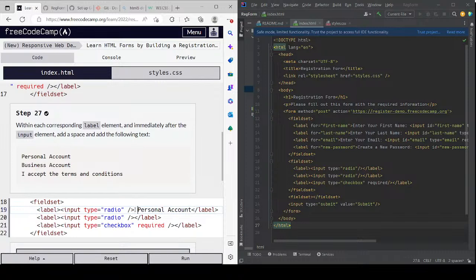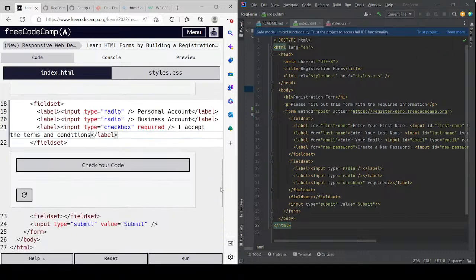Oh, they want a space. Okay. This is the second text. Space. And I think it's another space for this also. So the input element, space,